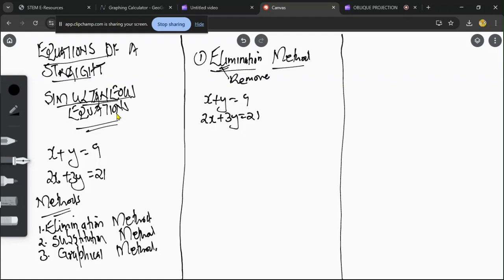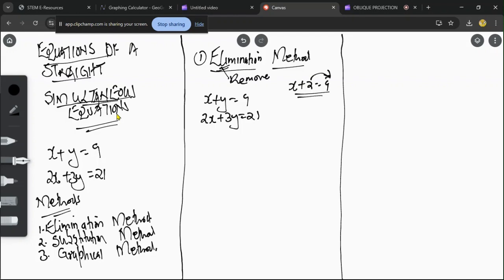variables here. Because if I just had x plus 2 is equals to 9, this is easy because I just take this one to the other side. So if I have only one that is not known, my sum is easy. But now here you have two that are not knowns for now. So we want to remove one of them so that if we remain with one, then our sum will be